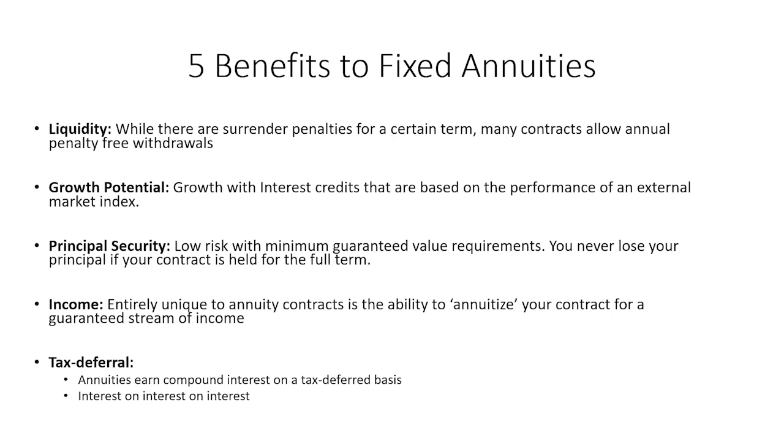Folks, again, 5 benefits to fixed annuities. If someone asks you, hey, why should I look at a fixed annuity? You have liquidity, growth potential. You have your principal security there. You have the ability to annuitize and take an income for the rest of your life. And then, of course, you have that big benefit of tax deferral that you can't get with other vehicles like CDs. So, folks, that's number 5 there. That is 5 benefits to fixed annuities.